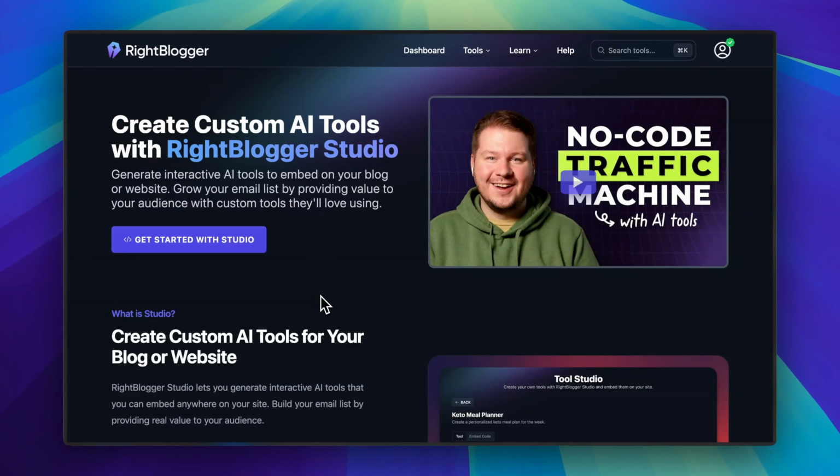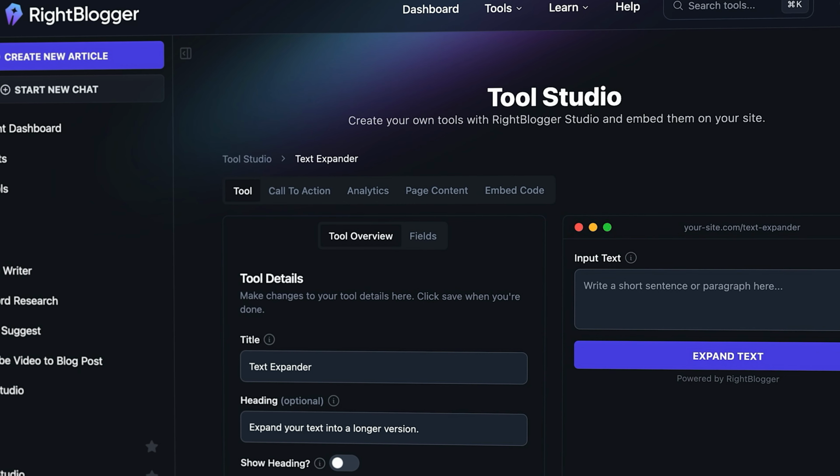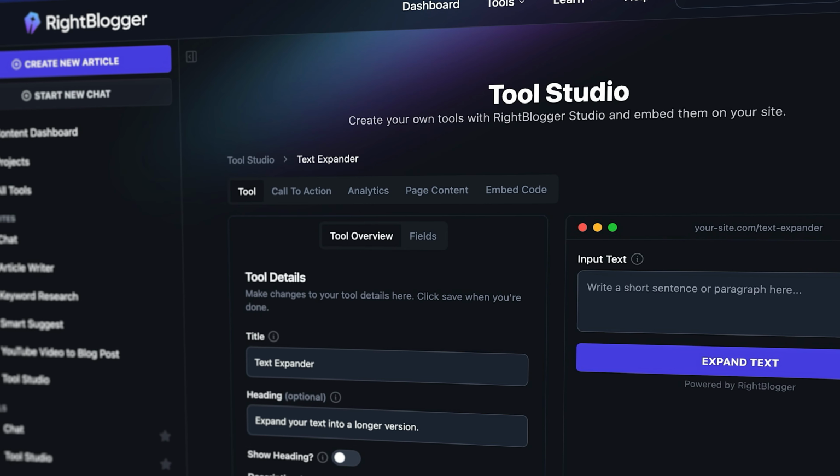We've had a lot of people enjoying RightBlogger Tools Studio, but in this video, I wanted to go over some examples of how you can use Tools Studio and how to prompt it. Now, if you're unfamiliar with Tools Studio in RightBlogger, it is a tool that lets you create tools and then embed them on your website to get email leads or just to promote a link or just to create something useful for your audience. So with that being said, let's dive into 5 examples of what you can make with